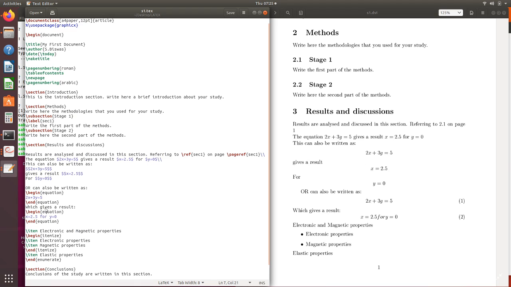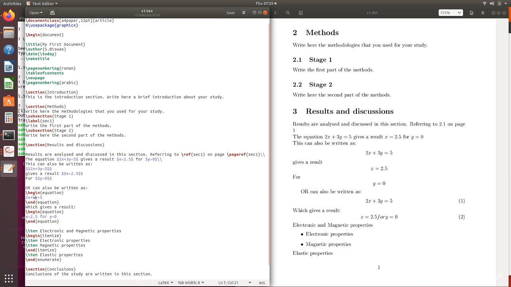And here is another format, another style of writing an equation. See here, it can also be written as, and the common structure is backslash begin equation. This is the command for beginning an equation, then 2x plus 3y is equal to 5, and this is end equation. That means the equation will end here. If you use this format, it will produce the equation 2x plus 3y is equal to 5 with an equation number. So to write an equation with a number, you have to write it in this fashion.